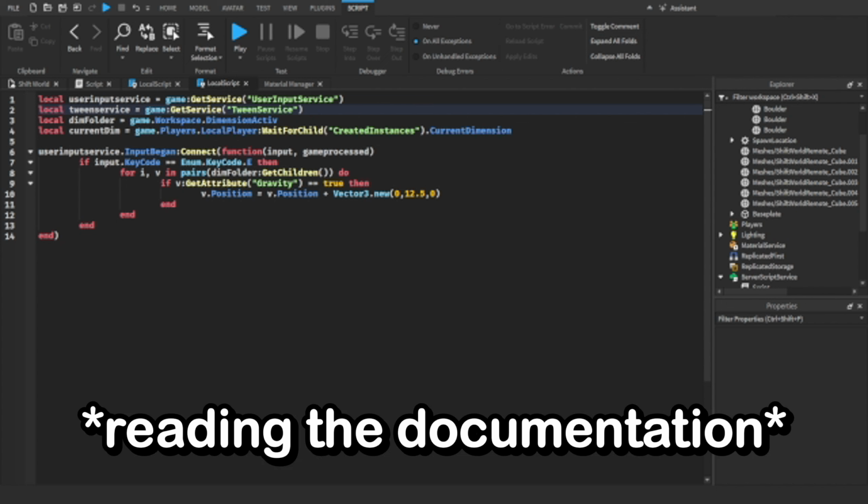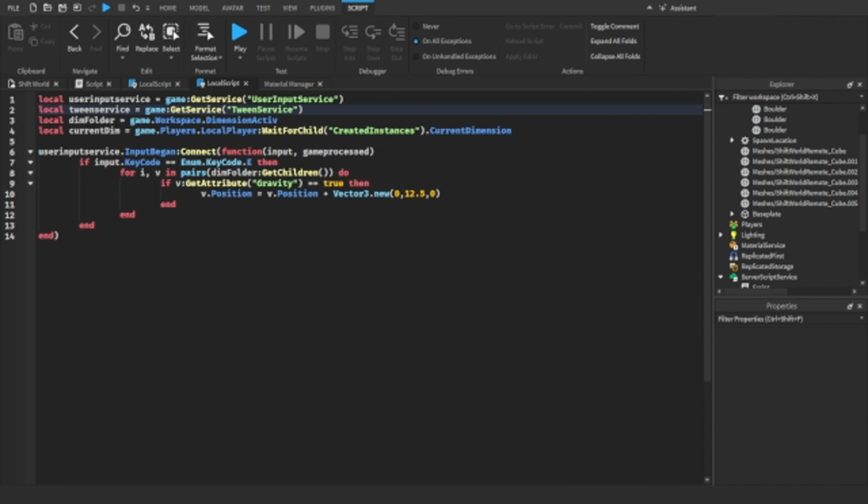Okay, we need to get the part. You can loop a tween. You can pause a tween. Okay, to tween this, we need to make... I'm just gonna make this line into a comment. So we're gonna make a variable inside this if statement, and then we're gonna go local tween equals tween